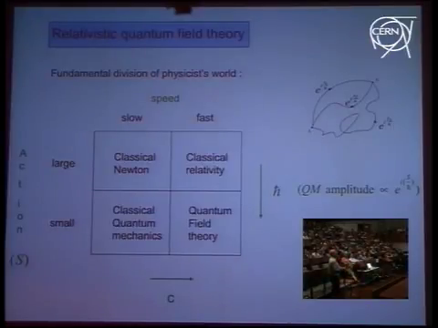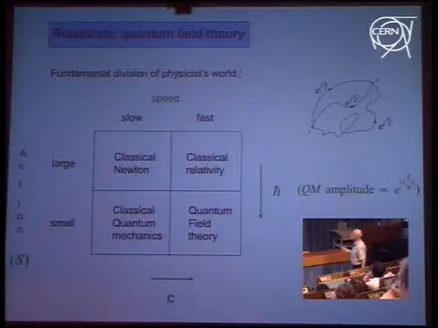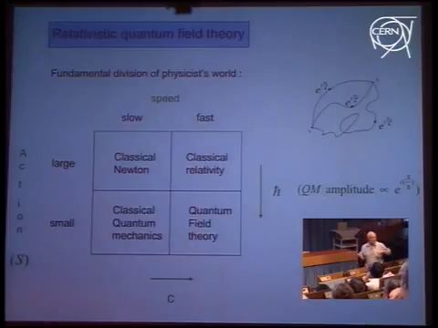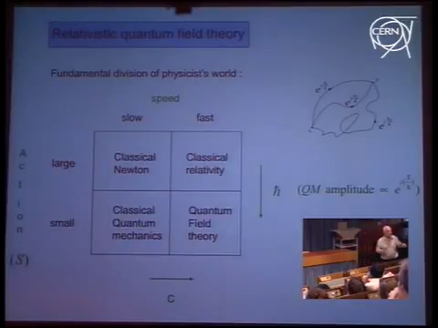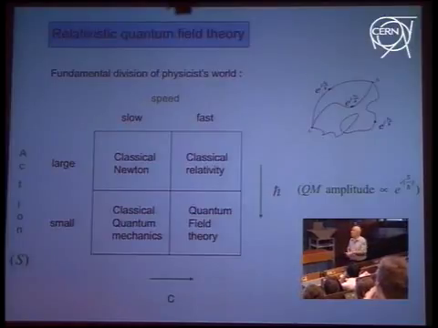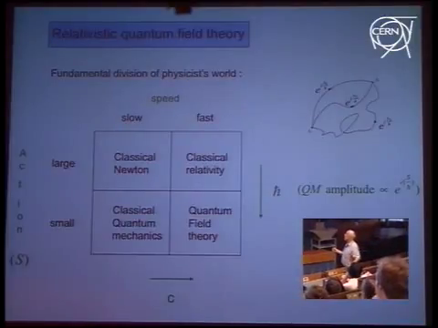And as h becomes small, this phase oscillates much more quickly. You can imagine this is the classical path, the one that minimizes the action. It's a turning point. So the action is varying rather slowly as you go to either side of it. But as h tends to 0, even a small change in the action gives you a huge change in the phase. And you're adding all of these paths together, so you get destructive interference,